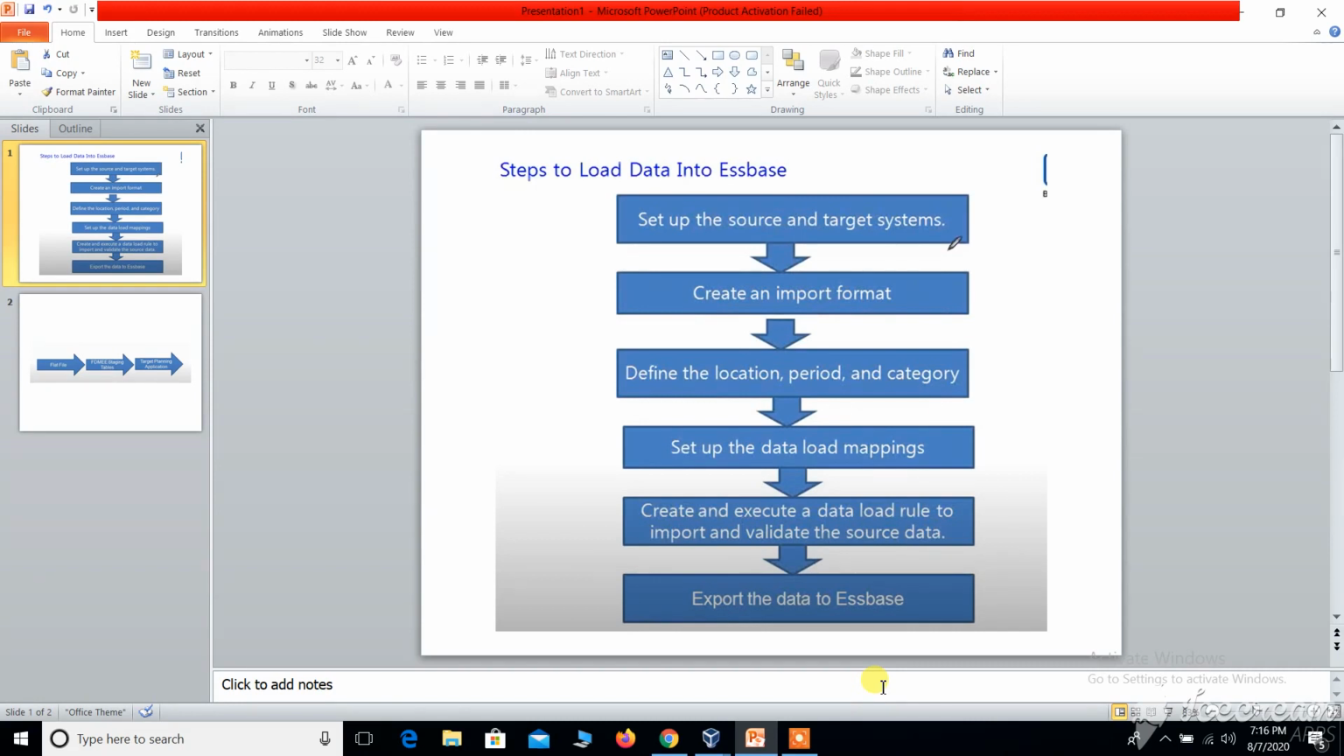So today I am going to explain how to load the data into the Space Cube using the FDME. So we need to know some steps. Before loading the data into the Space Cube using FDME, these are the steps to load the data